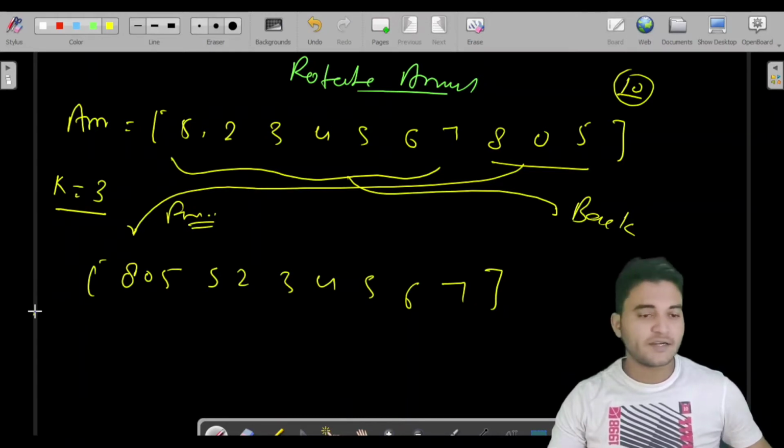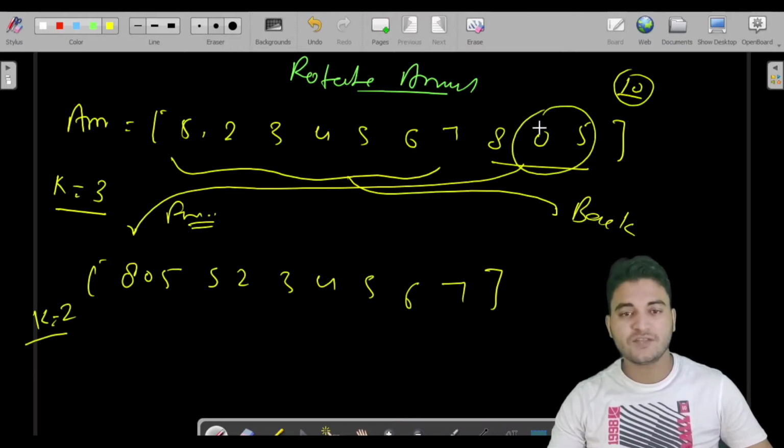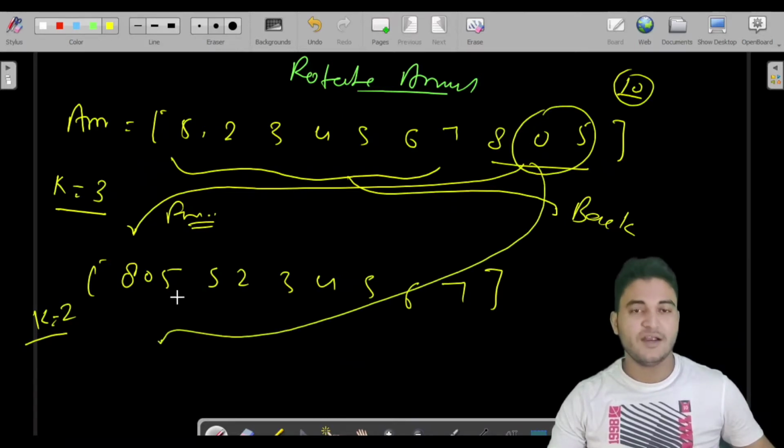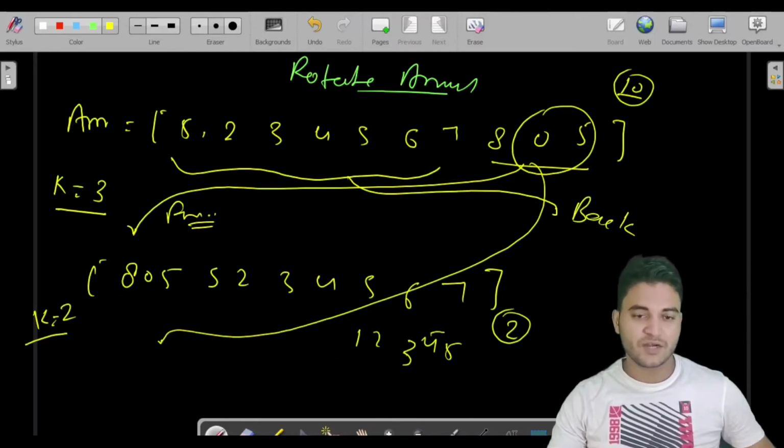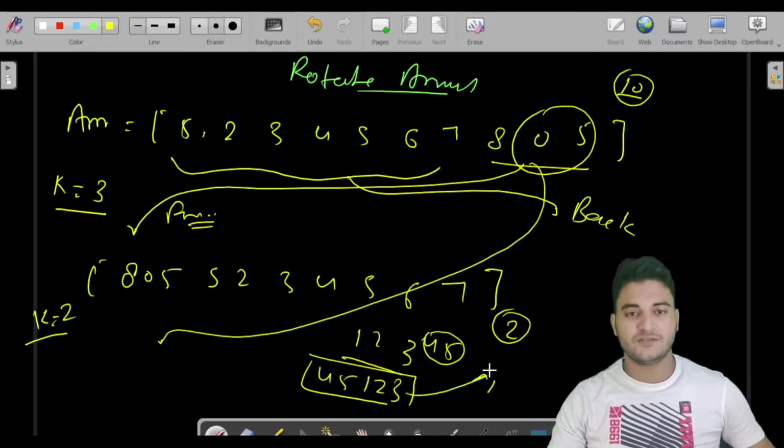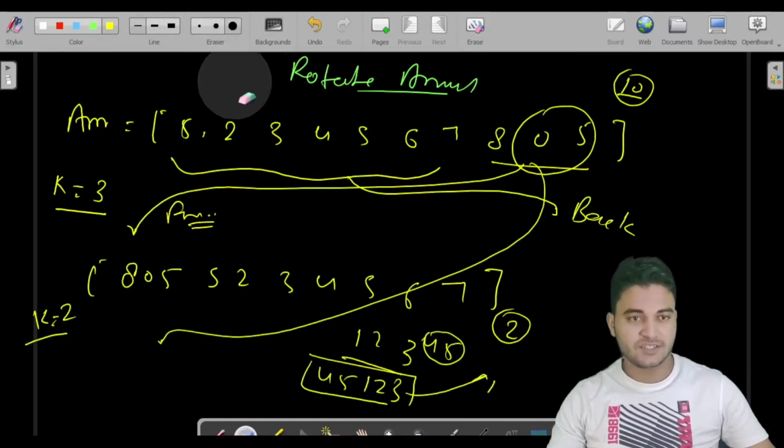Let us say you have been provided k is equal to 2. That means you have to pick the last 2 digits of the array and put them into the front. And just to remind you, I have already covered a program related to rotation of a number. In that program we saw the logic of how we can rotate a number. Let us say we had a number 1, 2, 3, 4, 5 and we have to rotate this number with 2. Then we just used to put the last 2 digits at the front and move the starting 3 digits to the back. So that would be our rotation.